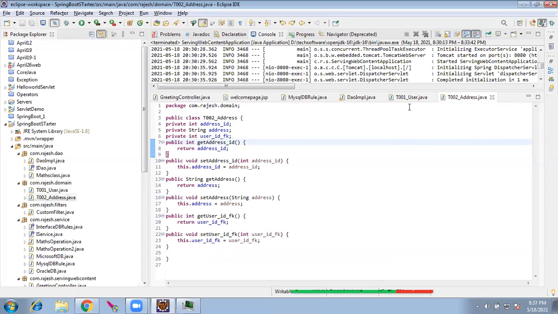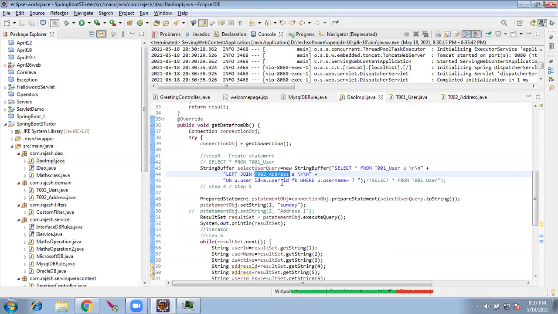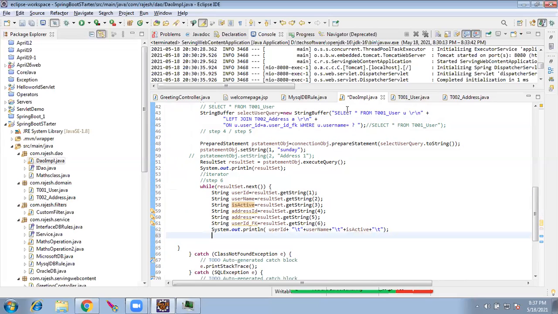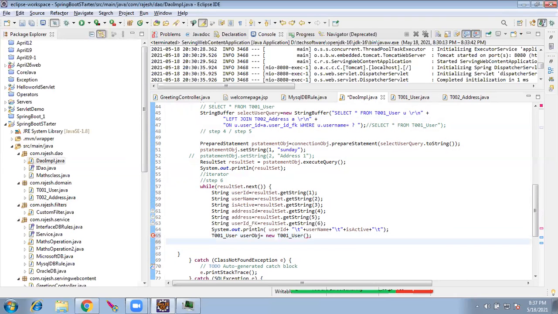So far it's straightforward. Once we get the result set, what are the values? User ID, username, is active, address. So here I will create one object of user: T001 user object equal to new T001 user. This is an exception, because I said that if you see a new keyword in Spring Boot, it is not Spring Boot, but this is one exception.